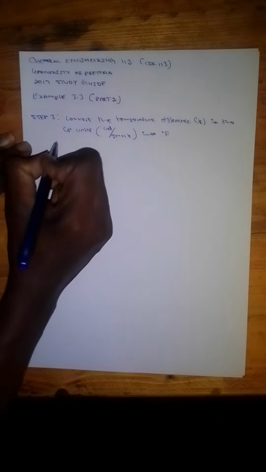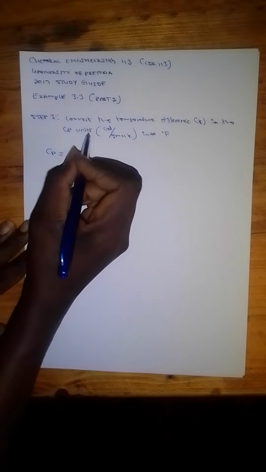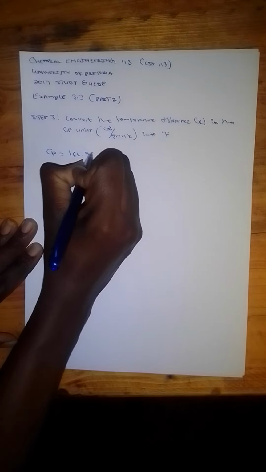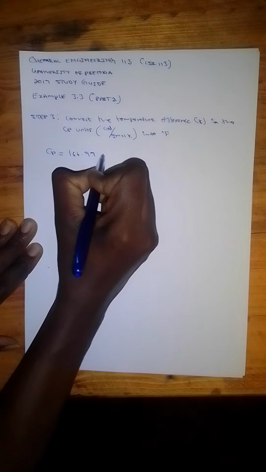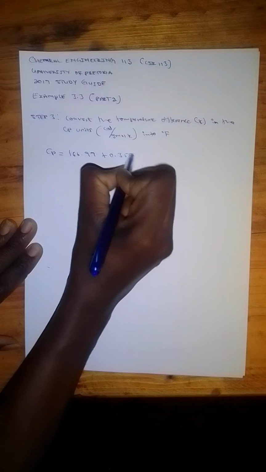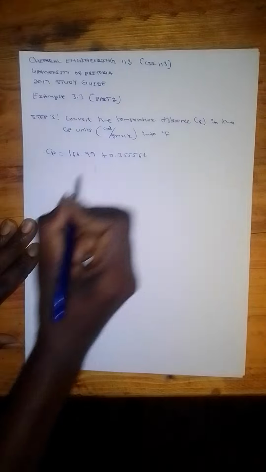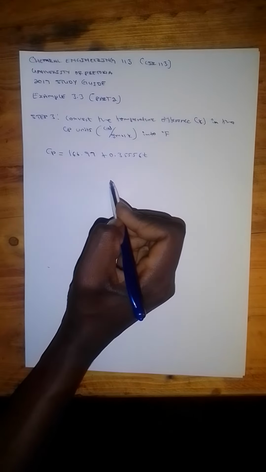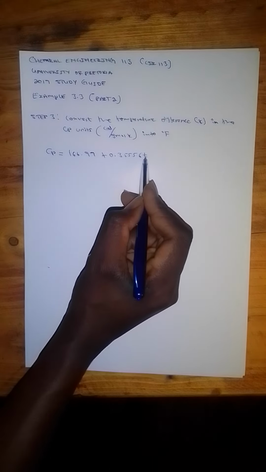So the equation is CP equals 160.97 plus 0.3556 T, right? So this is the equation. I think in the previous video I did explain it further, where T is the real temperature